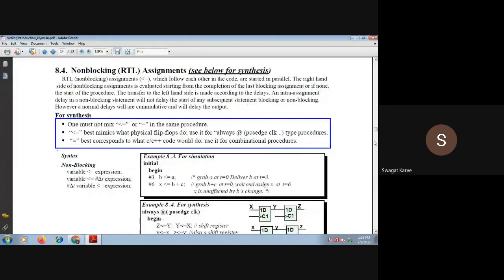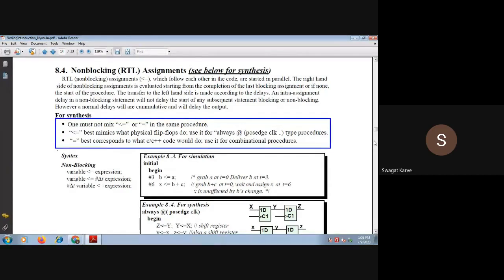When to use blocking and when to use non-blocking, I will clarify. Normally the non-blocking statement can be used for a combinational design, and the blocking statement can be used for a sequential design. This is the only difference.